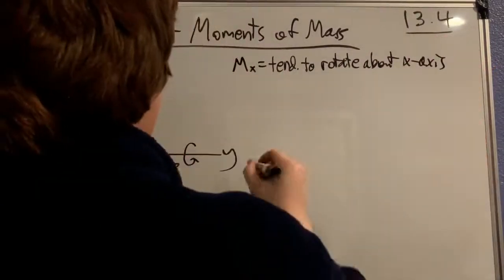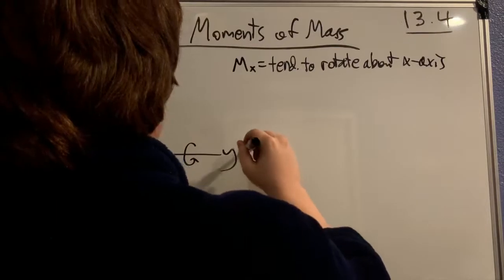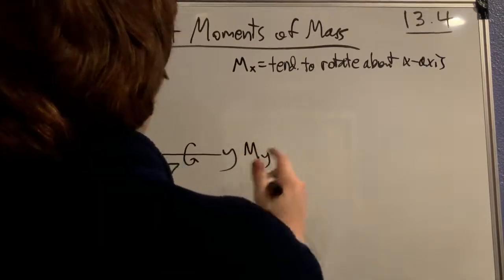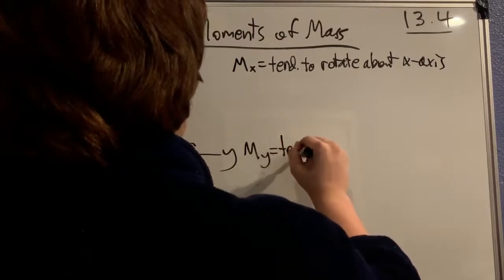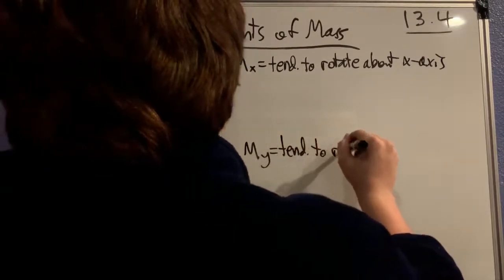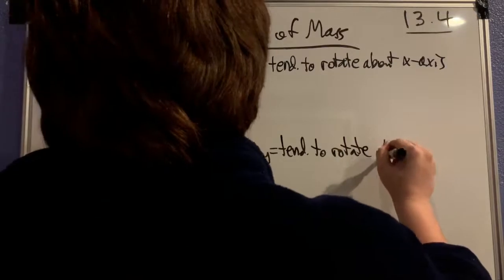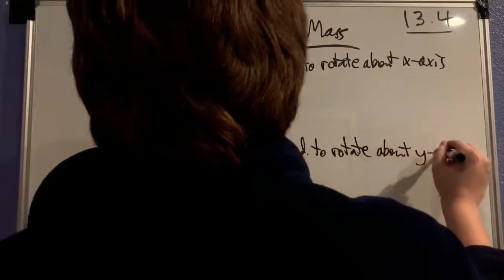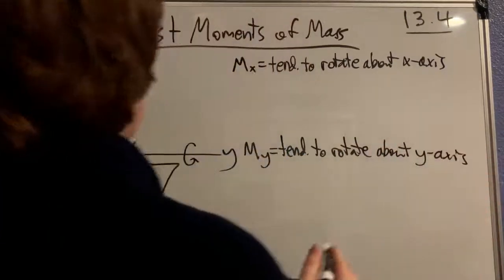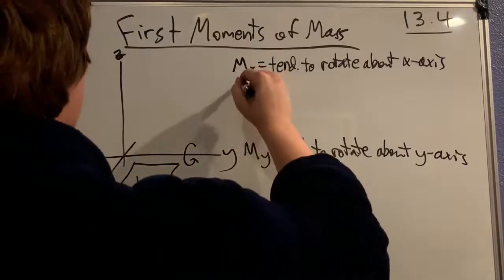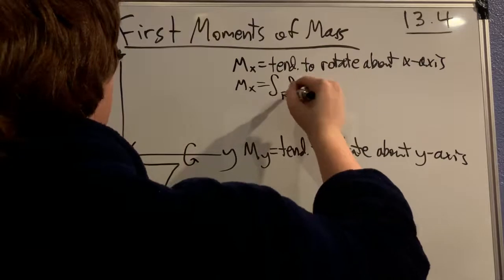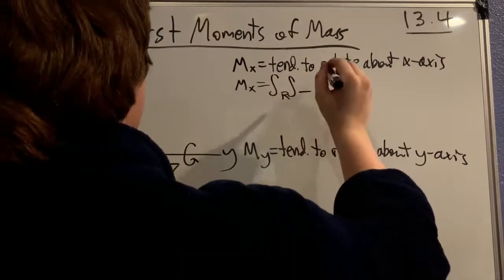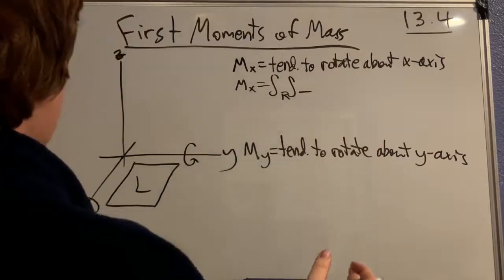And there's another one called m sub y, which is the tendency to rotate about the y-axis. Now, the formulas for these look very similar to the formula that Tyler mentioned in the last lesson,